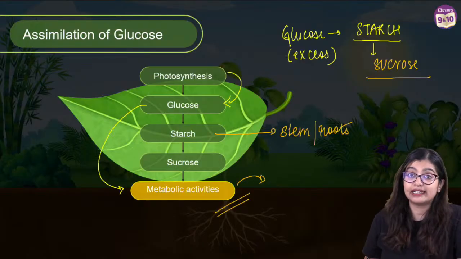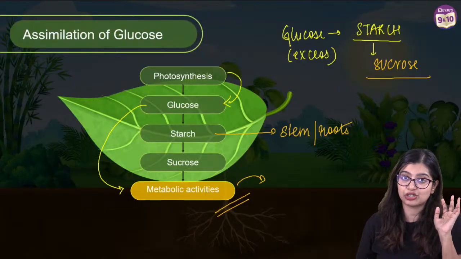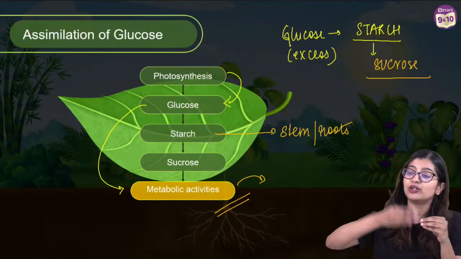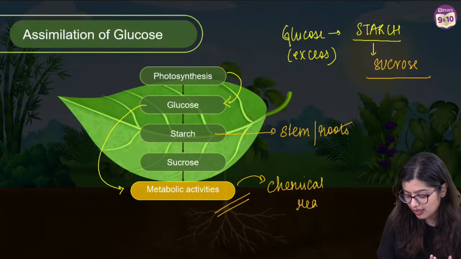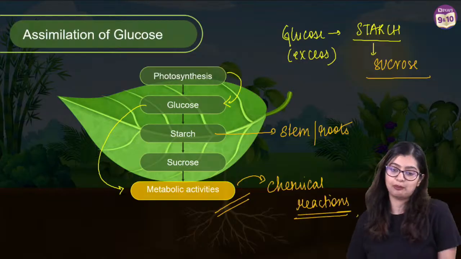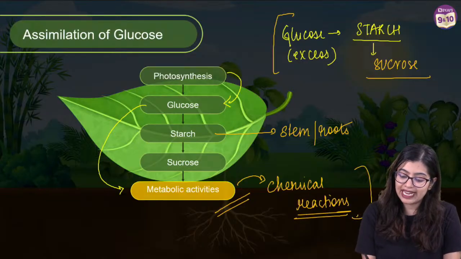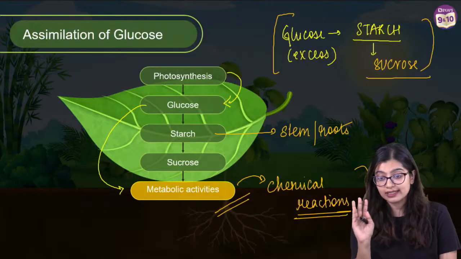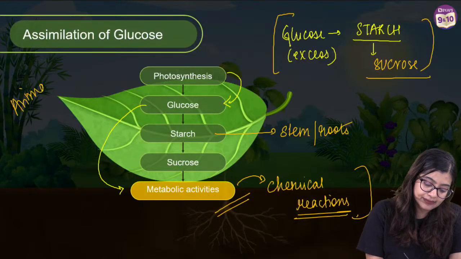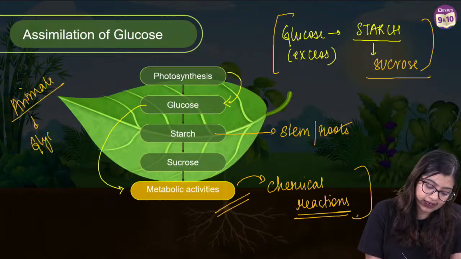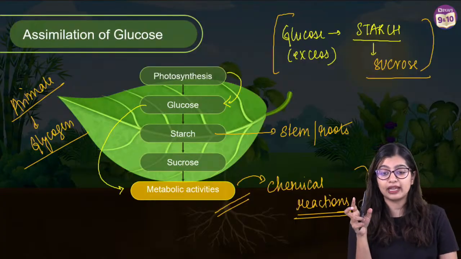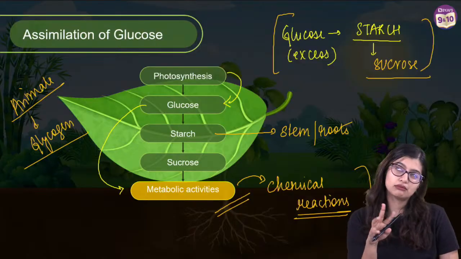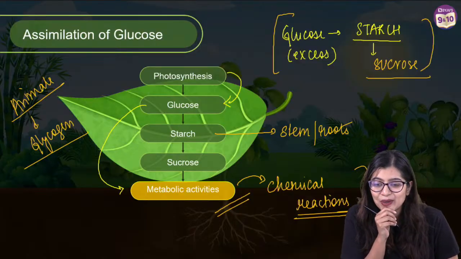What are metabolic activities? Now you know why I taught you metabolism in the bridge session. Because this word metabolic activity is going to keep coming over and over. So metabolic activities are those activities which include all the different chemical reactions that take place in the plant, right? So here you should know the internal energy reserve. In plants it is starch, while in animals, or in our body, it is glycogen. So they can ask you the difference between starch and glycogen. Yes? Okay.